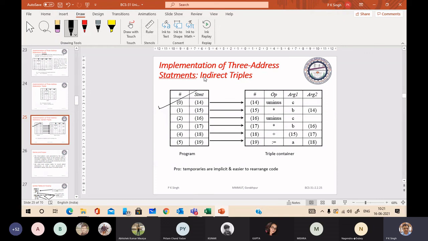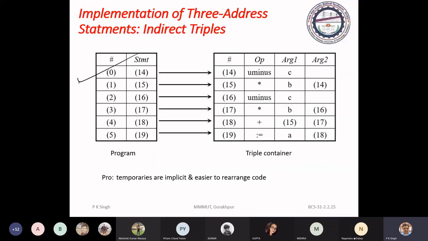Actually, I have told you that in some languages or on some platforms, the role of the compiler is only up to here. After that, the program in intermediate form is implemented on the machine using dedicated machines. Like if you are using Java, in that case you have the JVM.